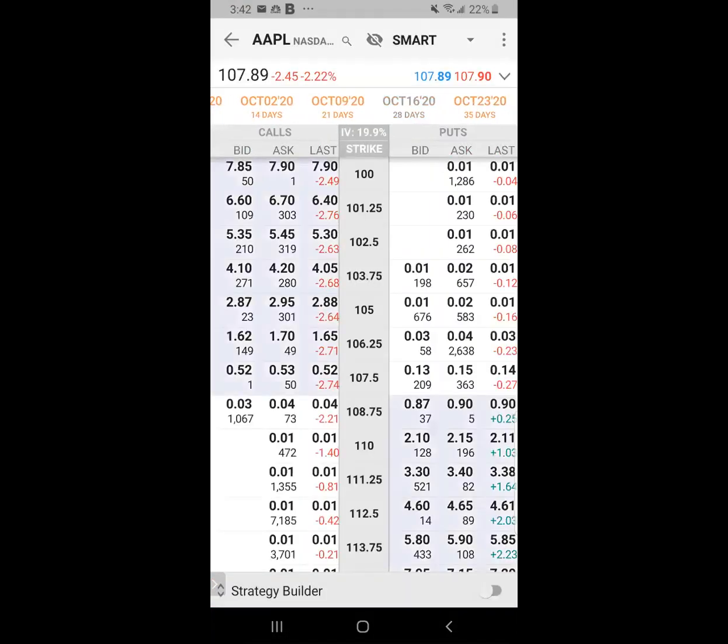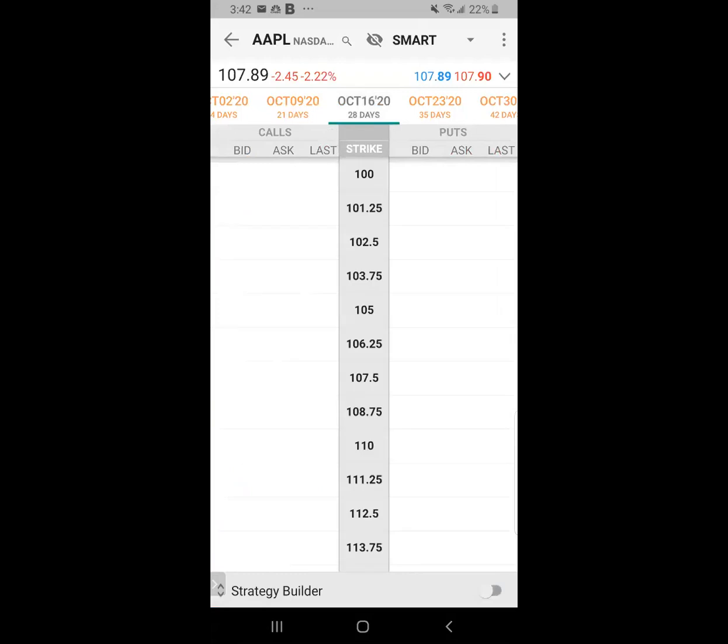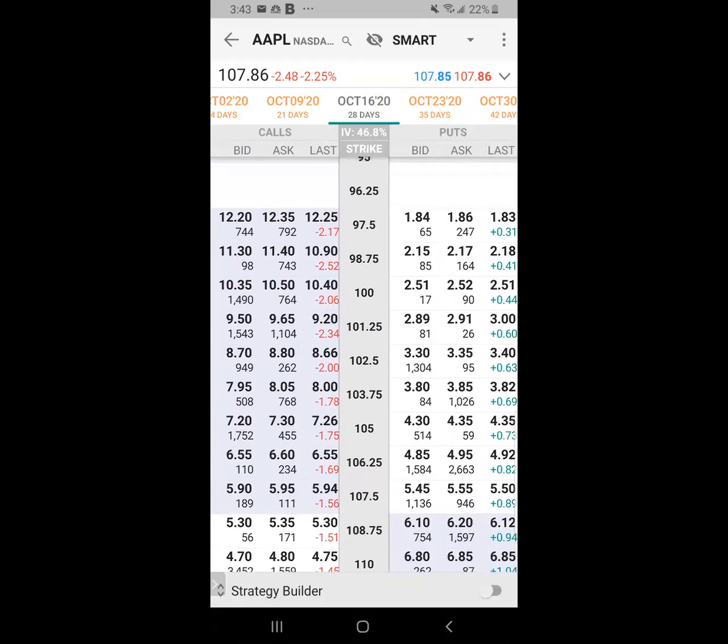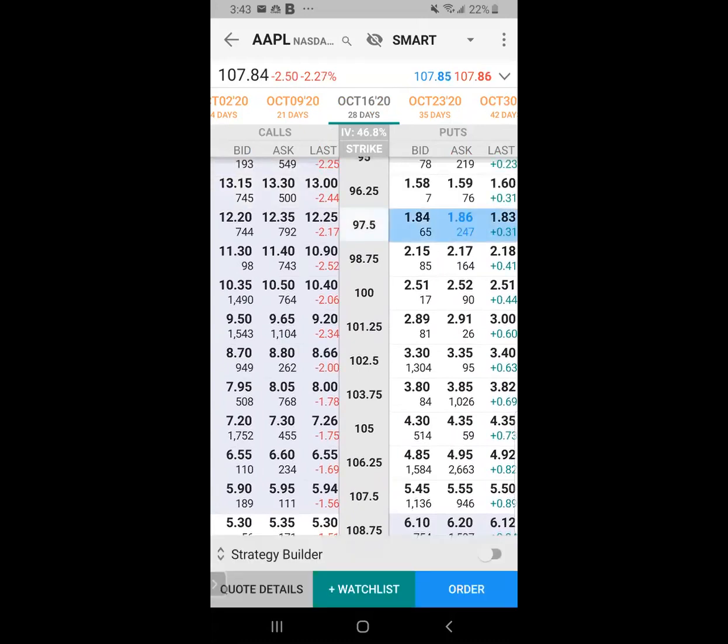Okay, so let's take a look at Apple, and we're going to go to October 16th. That's just after the poor period of the stock market. The markets generally start recovering around the first week of October. So we're going to take a look at a 98 put and see if it makes sense for us around that price point. Okay, so we see here that we can agree to buy Apple for $97.50, and it's paying us anywhere from $1.84